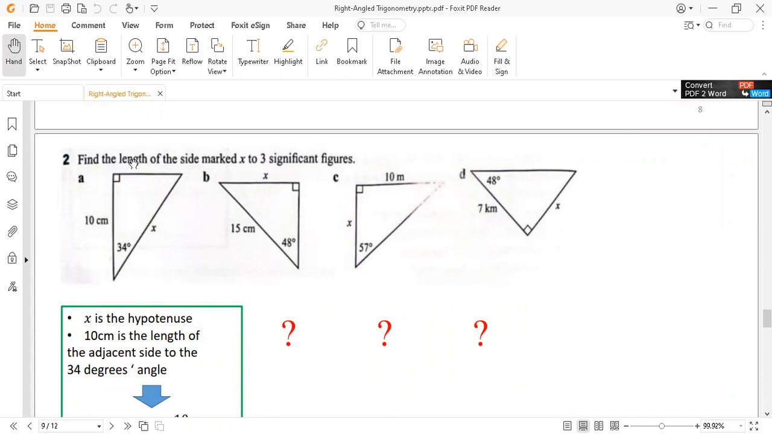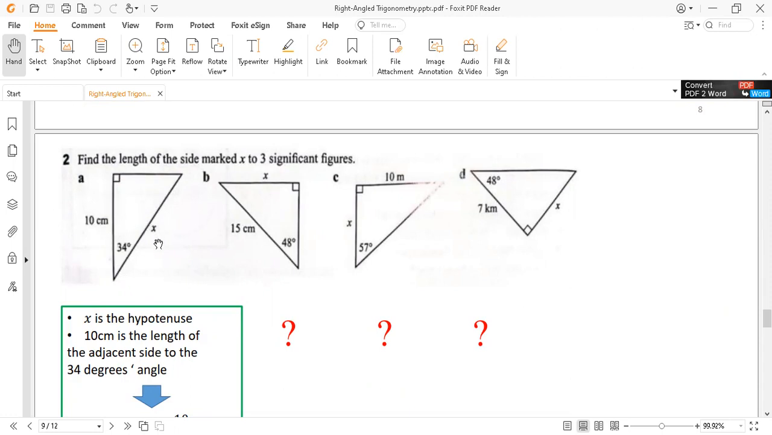about finding the length of the side marked x. We have x, and we have 34 degrees, so we know the measure of this angle. When we know the measure of this angle, we base our study on it. For this angle, we have the opposite, we have the adjacent, which is 10 centimeters, and we have the hypotenuse x. So we need to find the hypotenuse while we have the adjacent side and the measure of this angle. So which trigonometric ratio involves